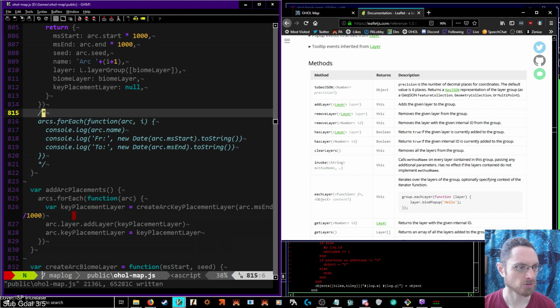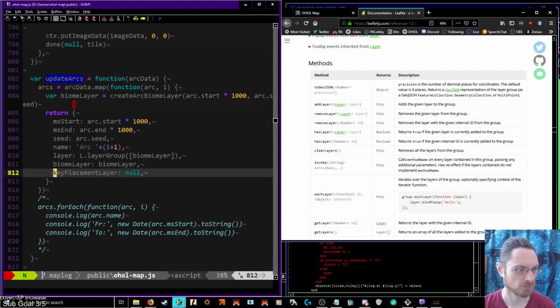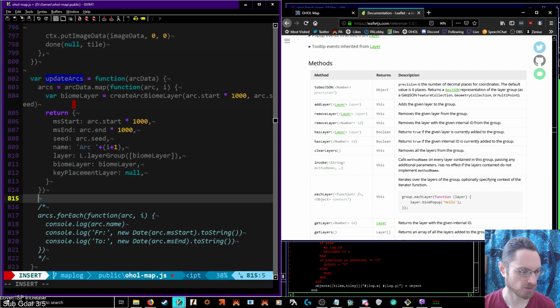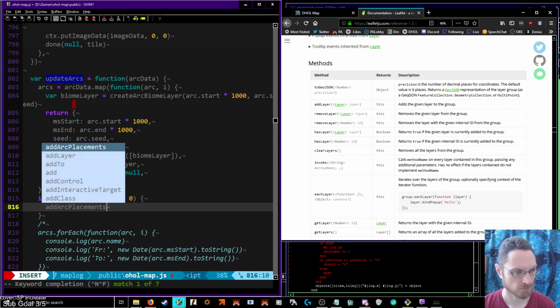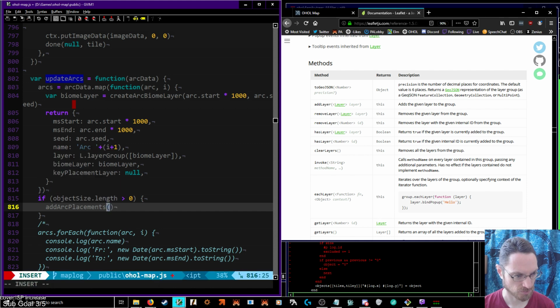All right, then you will come down here. And so we've made arcs, and then we say if object size dot length is greater than 0, we can add this stuff. Otherwise,